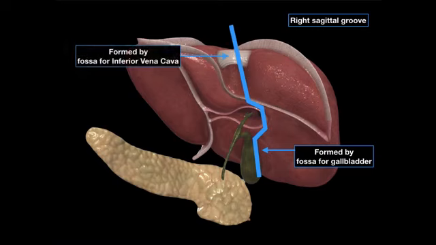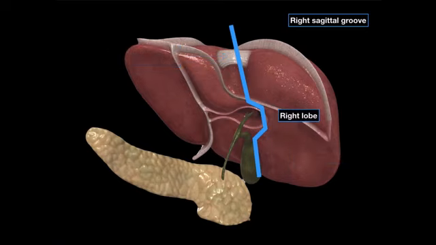So that's the right sagittal groove. It separates the right lobe from all the other lobes you'll find on the liver. And then we have the left sagittal groove, and to understand this groove, you need to know the ligaments down